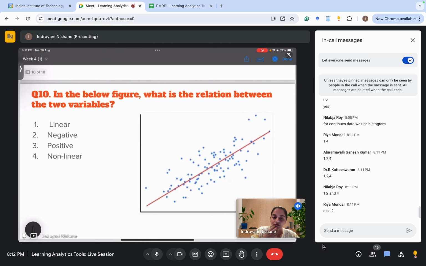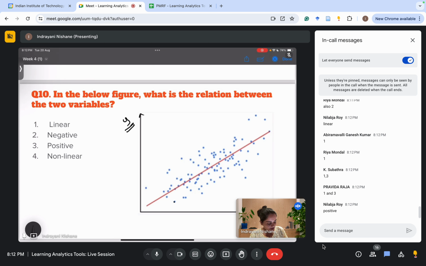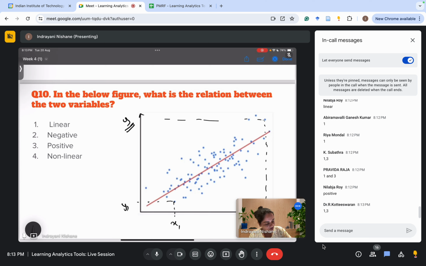Yeah, so this brings us to scatter plot. In this figure, what is the relationship between two variables? This is what I was talking about, Ria, when I was telling you. So this is the x variable and this is the y variable. This particular point has x value here, x1, and y value y1. Similarly, for this particular value, x2 and y2, right? So each point we are plotting,